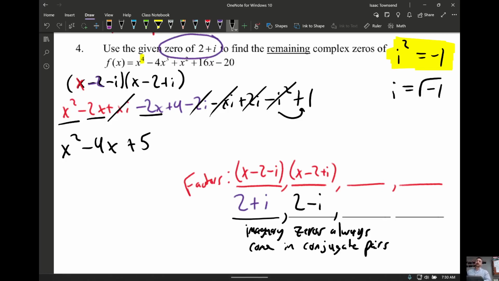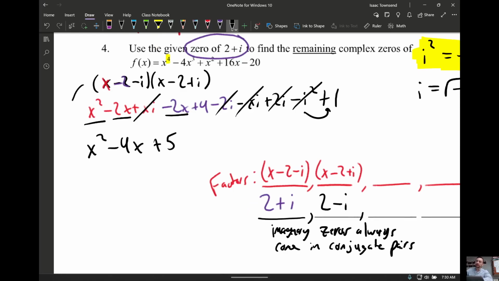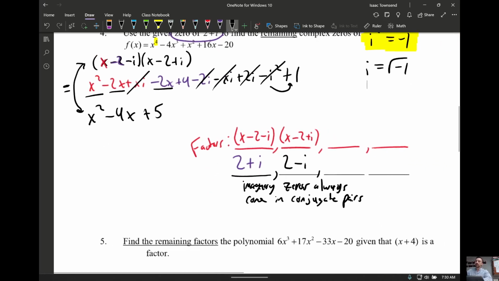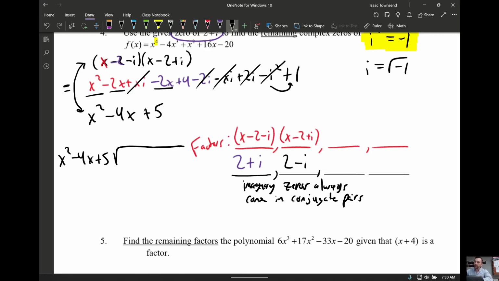So my thought process here is, I know factors will divide into this polynomial evenly, but if I divide by this, it's going to be really messy because there's going to be i's all over the place. Same with this. But if I turn these zeros into factors and multiply these factors together, these two things are saying the same thing. These are equal, but this is much cleaner looking. So finally, we can say, I really want to take this out of the original problem,